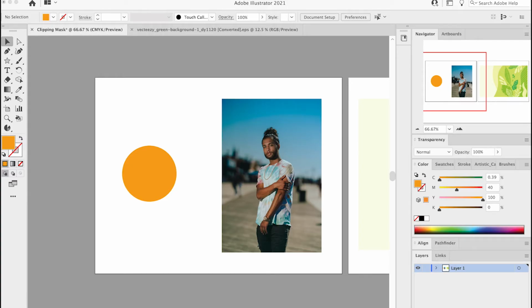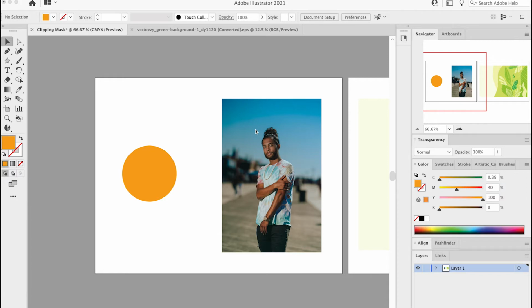Talk about clipping masks. So what is a clipping mask? Well, it's a shape called a clipping path that masks any object below it so that only what's inside of the clipping path is visible. So anytime you want to take a photograph or an illustration or a shape that you've drawn and mask it by another shape, for example, if I wanted to take this photograph and have this photograph inside of a circle,